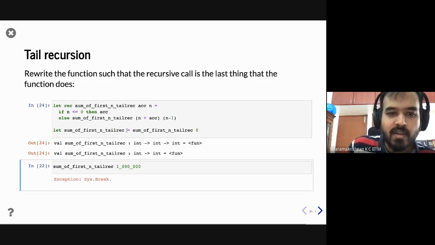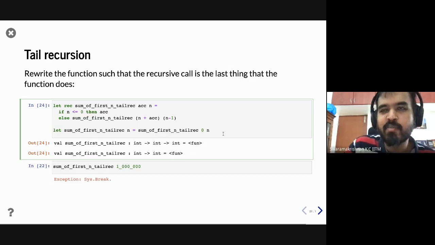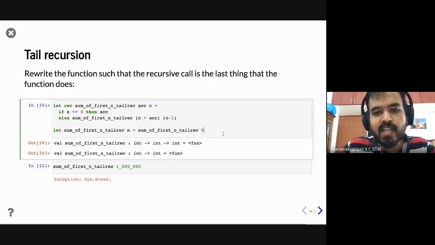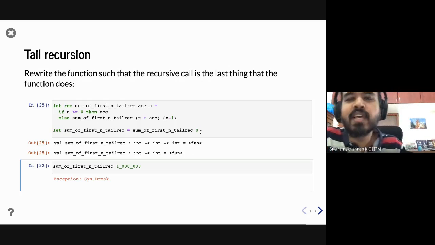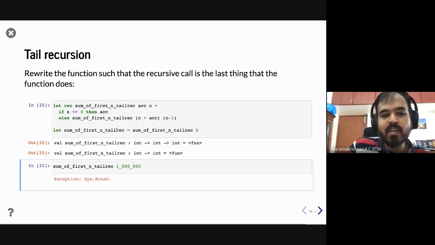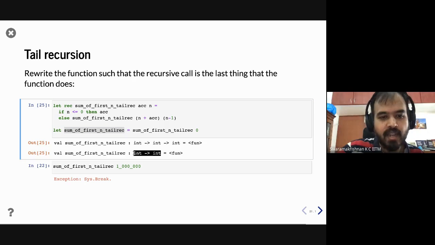Good question. So we explicitly have an n here, which I passed there, but you can instead just define this value, which is sum of tailrec n, which is a partial application of this function. Really good observation. I think both are valid. Actually, this is more preferable to the previous one because that's not idiomatic. This is much more idiomatic. But the types remain the same, right? So good question. I really like that question.